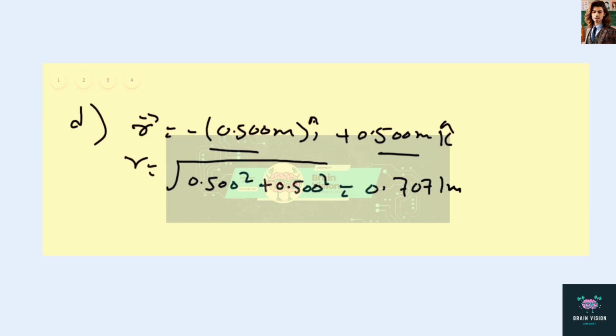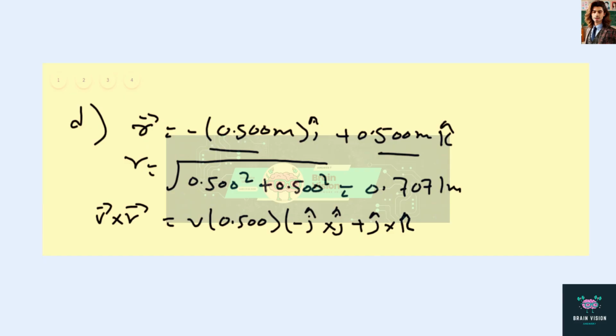From here, we can find B by substituting the value for v cross r. First, v cross r will be v times 0.500 meter, minus j cross j plus j cross k. This gives us v cross r to be 4 times 10 to the power 6